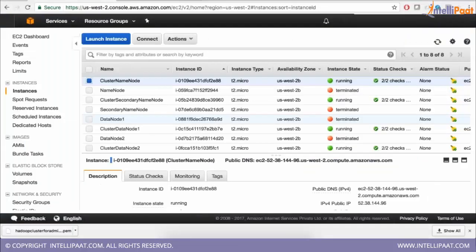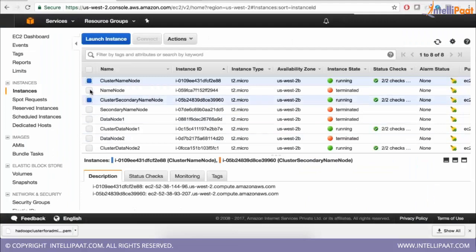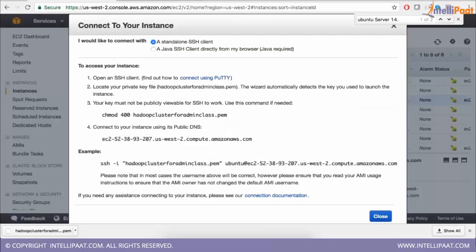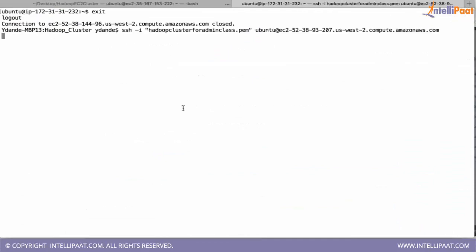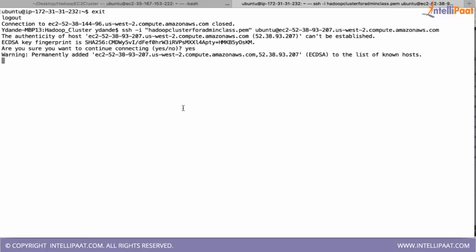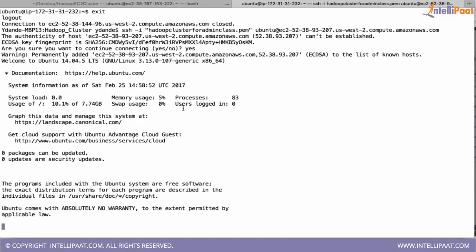Next, close this and try to access the secondary name node. This is how we can access the secondary name node. I'll send the instructions after this class on how to do this with screenshots from my Windows machine.